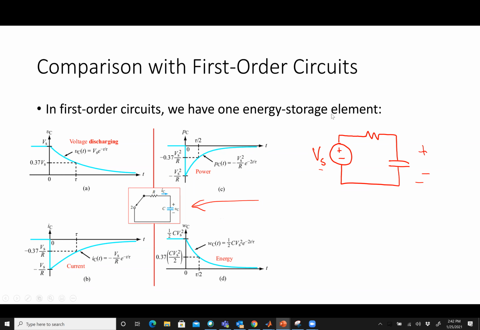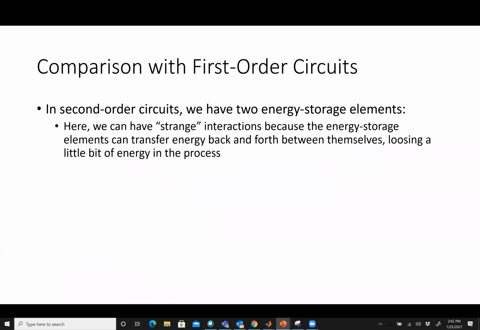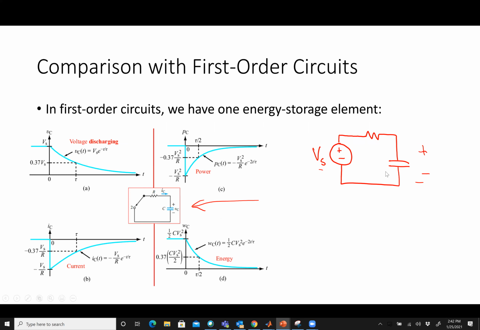the thing that's weird about a first order circuit, or what's different between a first order circuit and a second order circuit: in a first order circuit, things stop happening. But in a second order circuit, that's not necessarily the case, okay? I can get what I would think of as quote unquote strange interactions. And the reason is because the energy storage elements can transfer energy back and forth between themselves, potentially losing some energy in the process. So what happened in the first order circuit is if I look at this guy on